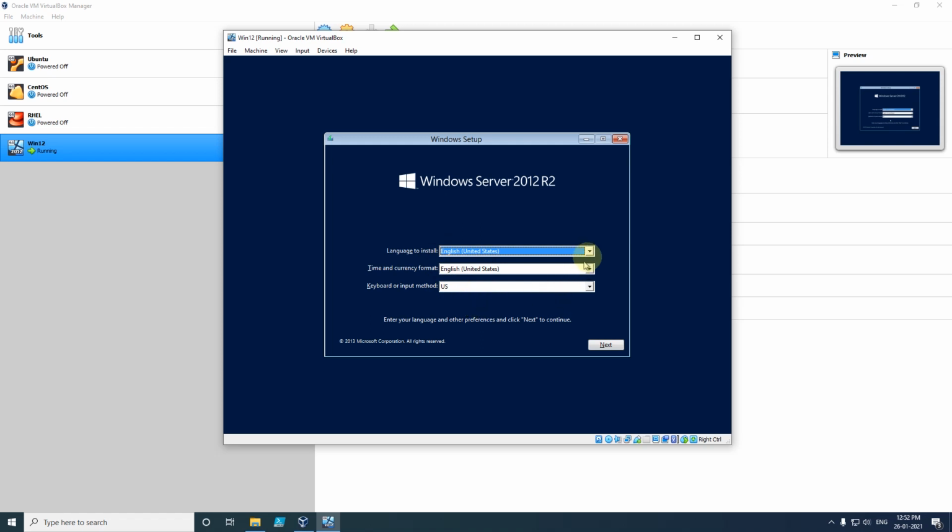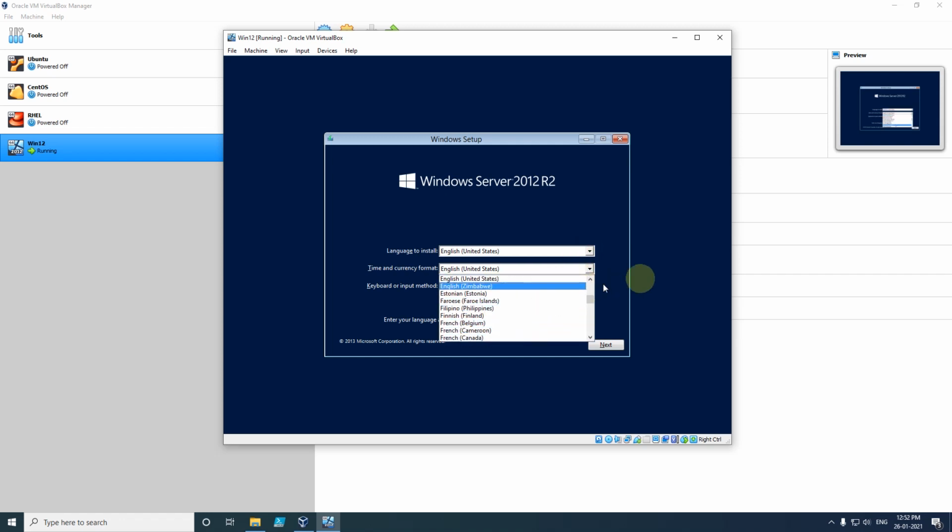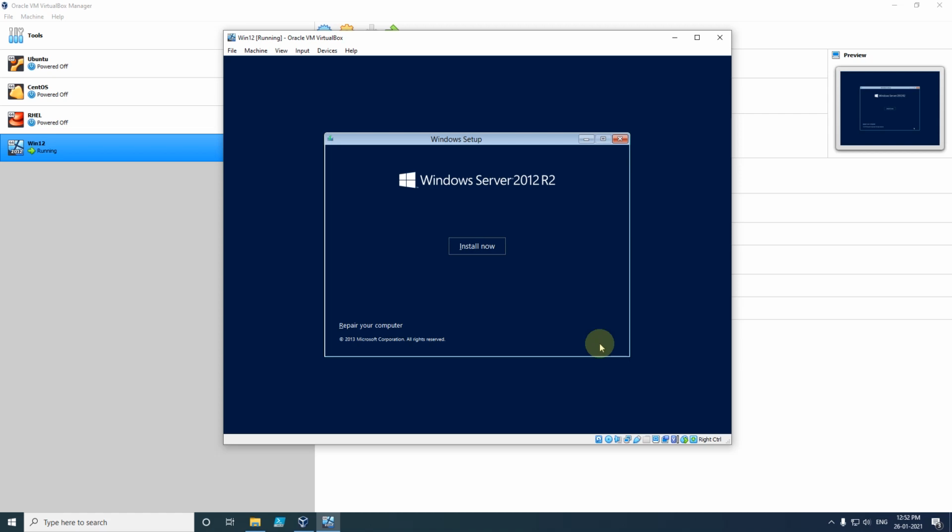If you want to select any other region, you can select it here, and if you want to select the input for any other region, you can select it here. After you have selected, just click on the next button. Now we have the option to install, so we click on this button, Install now.